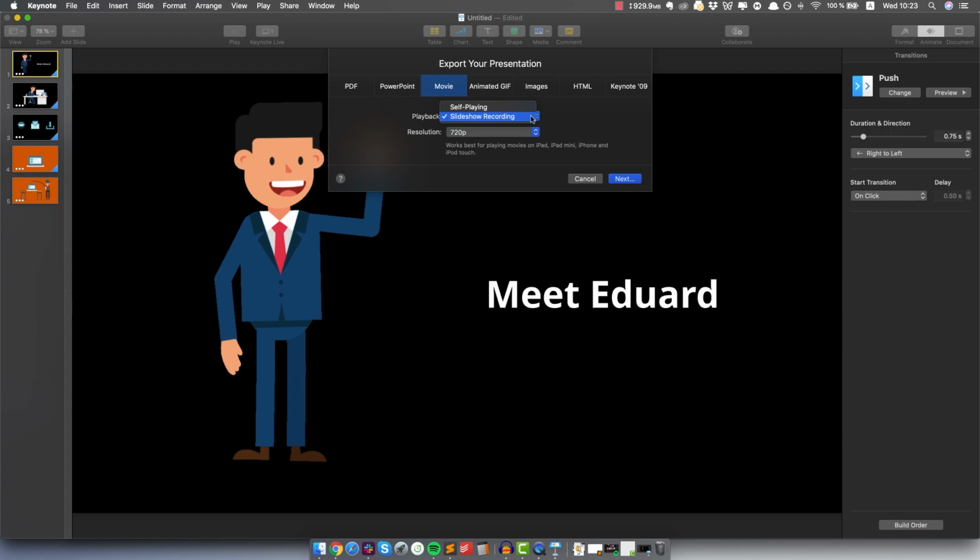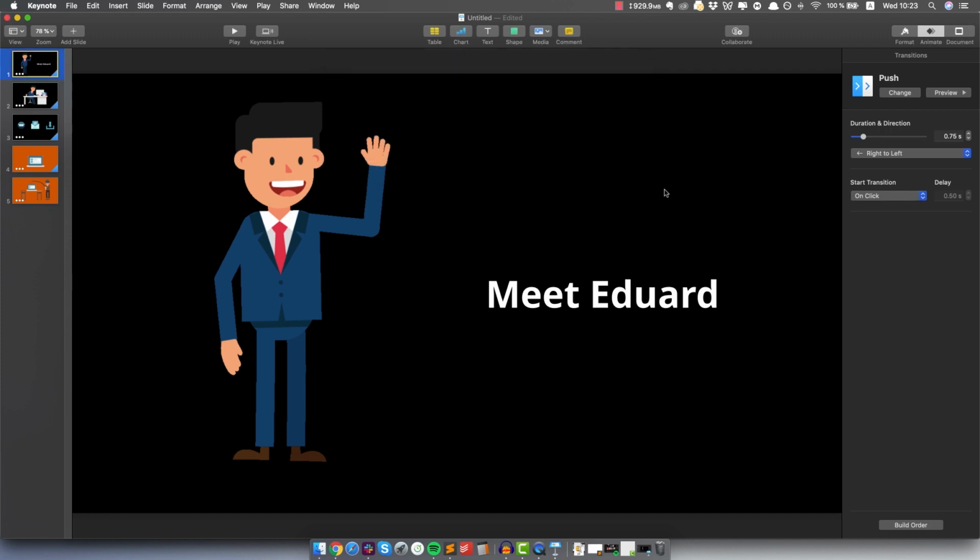for each element. If you remember in the slide with the icons, you have specific elements that you want to appear at the perfect timing with the voiceover. So that's why you want to do slideshow recording. For resolution, I suggest you do 1080p, which is full HD. And then you click next and